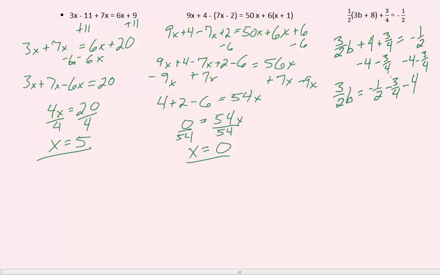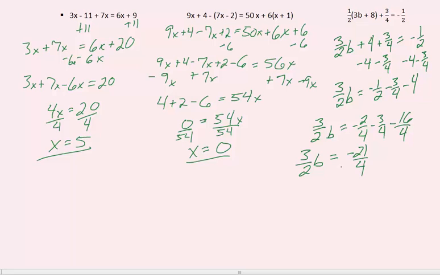minus 4. To simplify our right side of the equation, we're going to have to find a common denominator. When we do, we see the most common denominator we have is 4. So if we make the common denominator 4 for each number, we'll get negative 2 over 4 minus 3 over 4 minus 16 over 4. We can then simplify the right side of the equation by, when you take negative 2 minus 3, we get negative 5. Negative 5 minus 16 is negative 21